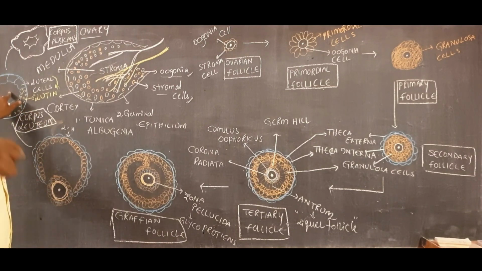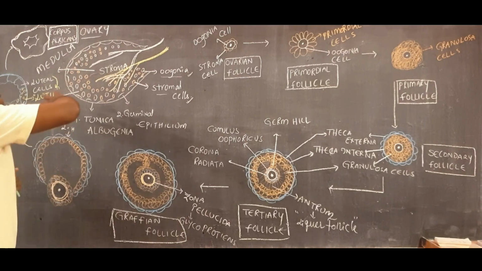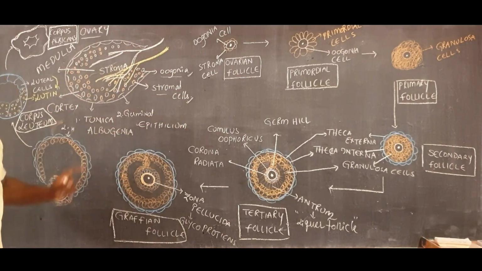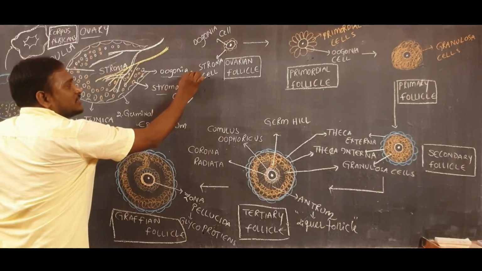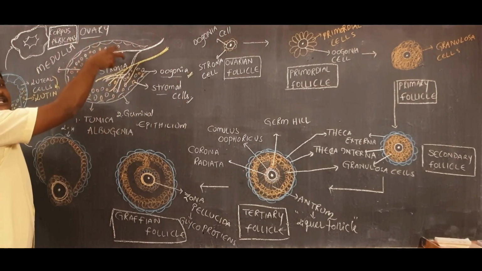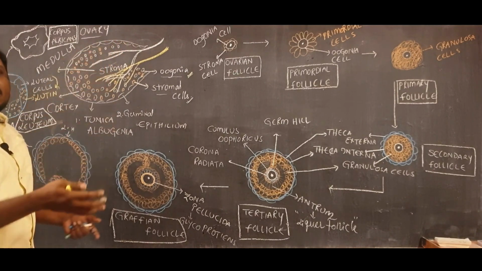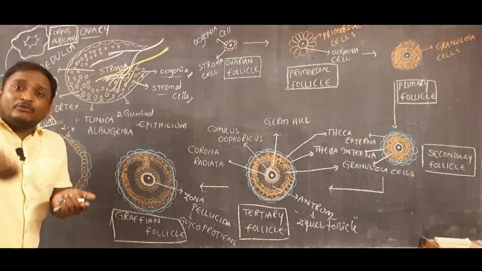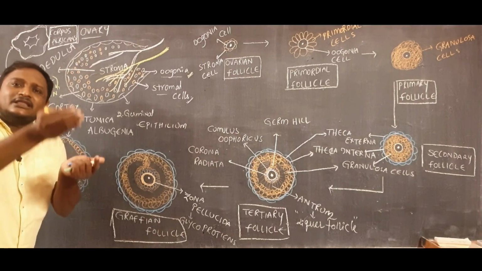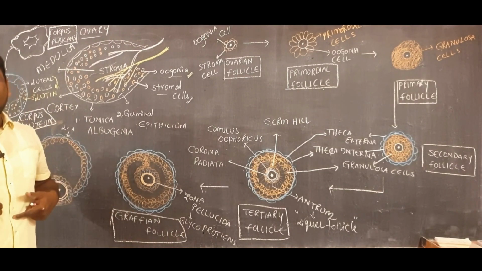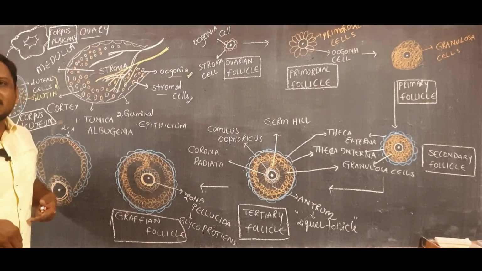And then, if the fertilization does not happen, then this corpus luteum will change into corpus albicans on the 23rd day, and slowly it degenerates and then is released outside as menstrual fluid from the female body. Likewise, one follicle will undergo these kinds of changes in the case of the ovary. When you observe the oogonia cells in the case of the ovary at the initial level, we are discussing the female when it is in embryo condition, when that embryo is present within the mother's womb. At that condition we are discussing.